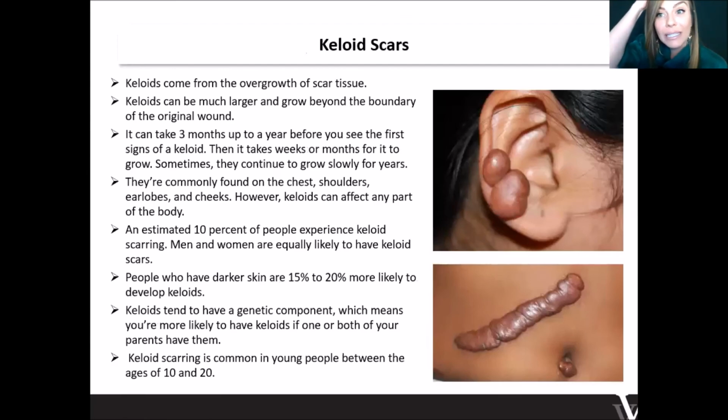Okay, so now we're going to keloids. Ugh. So I sometimes get emails to the clinical department saying, we have a patient who has suffered from keloids in the past. Can we do skin rejuvenation on her? Can we do microdermabrasion on her? And my answer is always no, it's a contraindication. Of course, I can't stop any of the offices from trying it or testing it and seeing how it will respond or go. But my huge suggestion is that anybody that suffers from keloid scars, never take the risk, never take the chance,